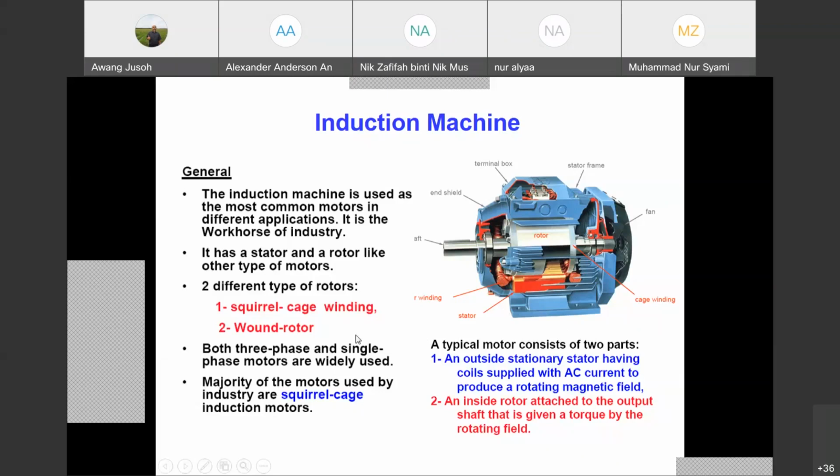Okay, so similar here. In this machine, by using the wound rotor, we can change the rotor resistance R2. So when we change the rotor resistor, the torque speed profile of the machine will be changed. Then we can have different speed. Later on, I'll show you the torque speed profile for this rotor type. But the majority for the time being use this squirrel cage motor.